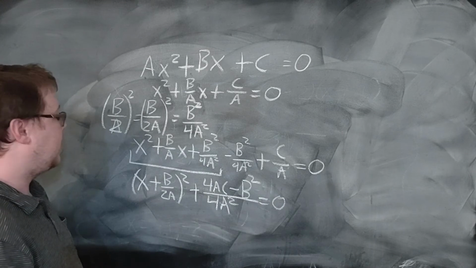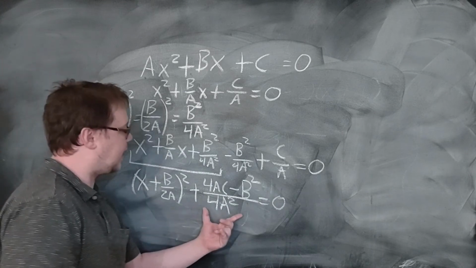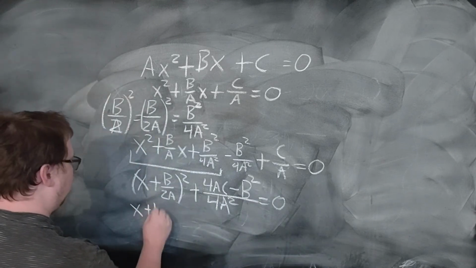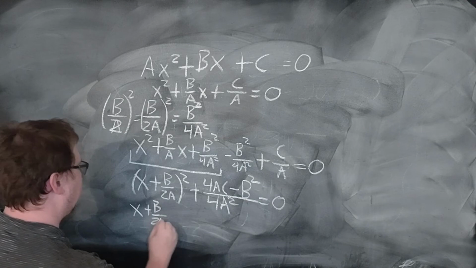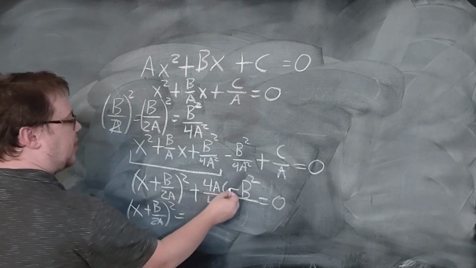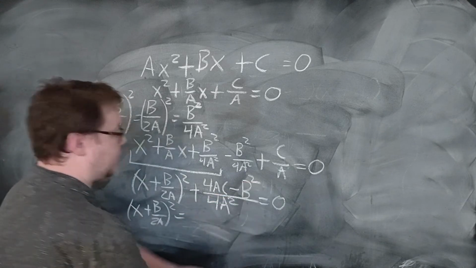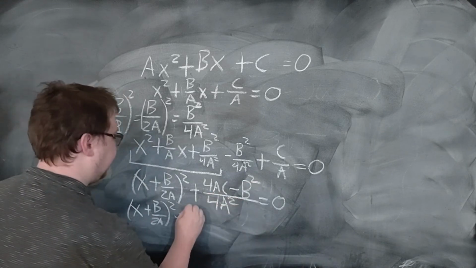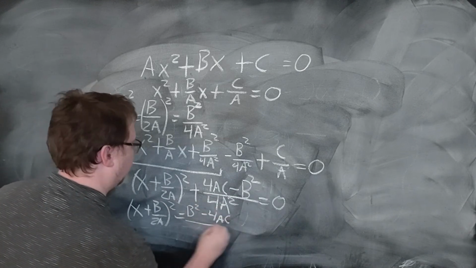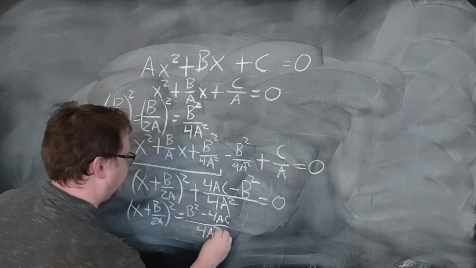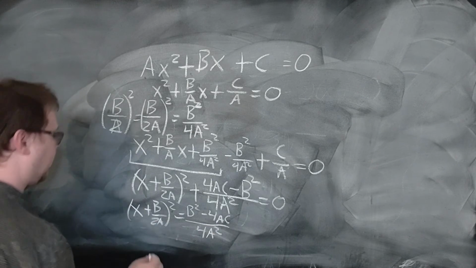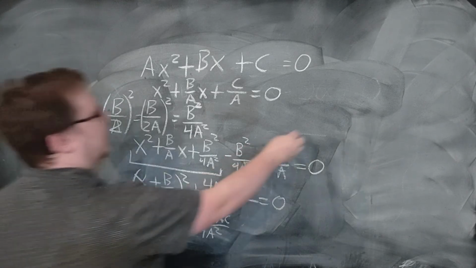So our next step is that we need to take and move this entire thing to the other side. When we do that, we're just going to change the sign of everything on the top. So instead of 4ac minus b squared, when we move it to the other side, it's going to be b squared minus 4ac over 4a squared. And then we need to take the square root. So that gives me, let's go ahead and write up here,